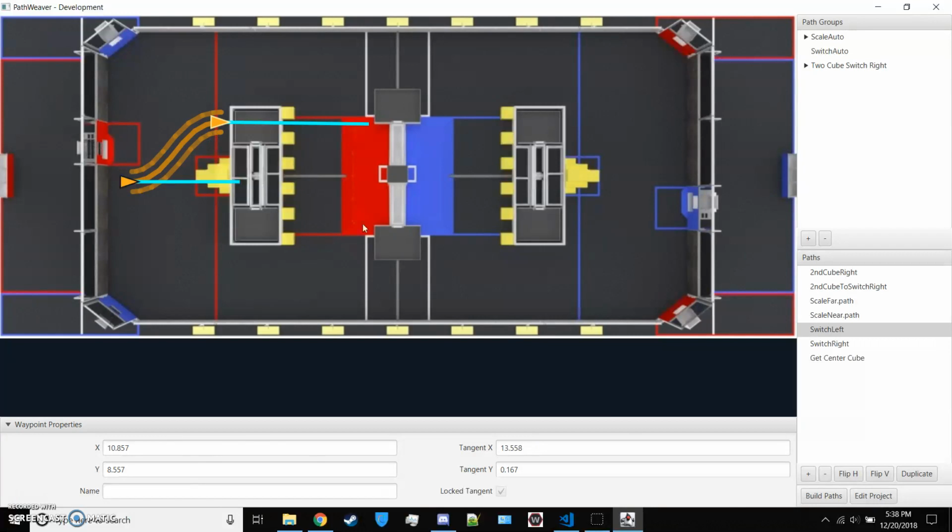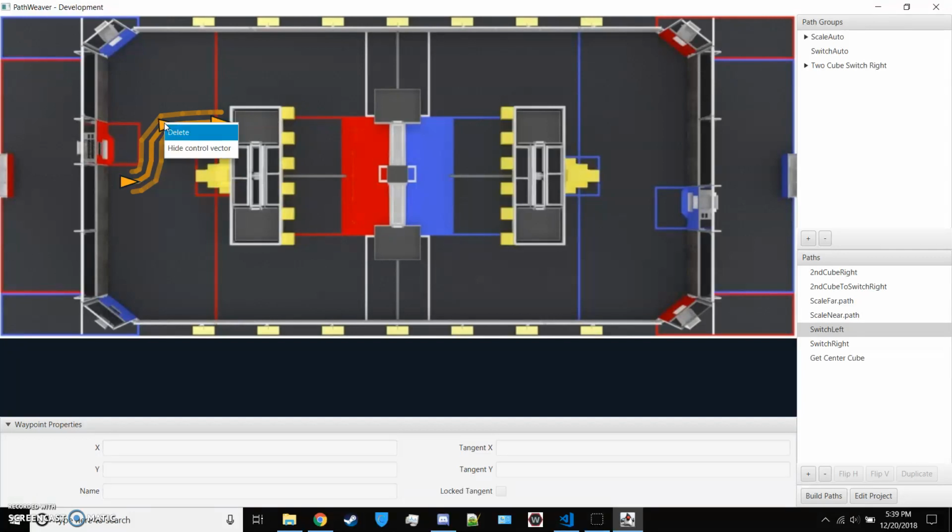Let's say I wanted a point between the two. You can do this. And to adjust, if I can click right, do that, but it doesn't make much sense for this path. So I'm going to delete that guy. And I'm going to move on to